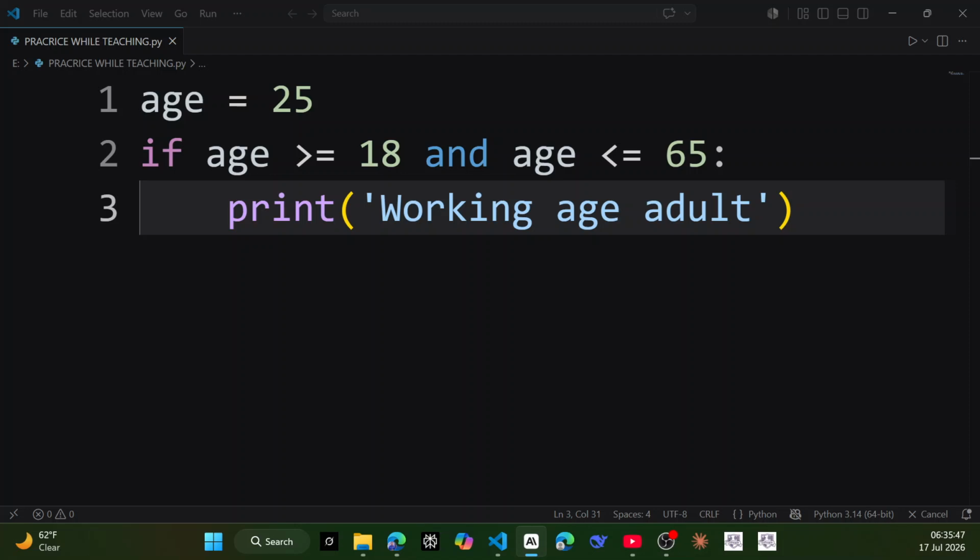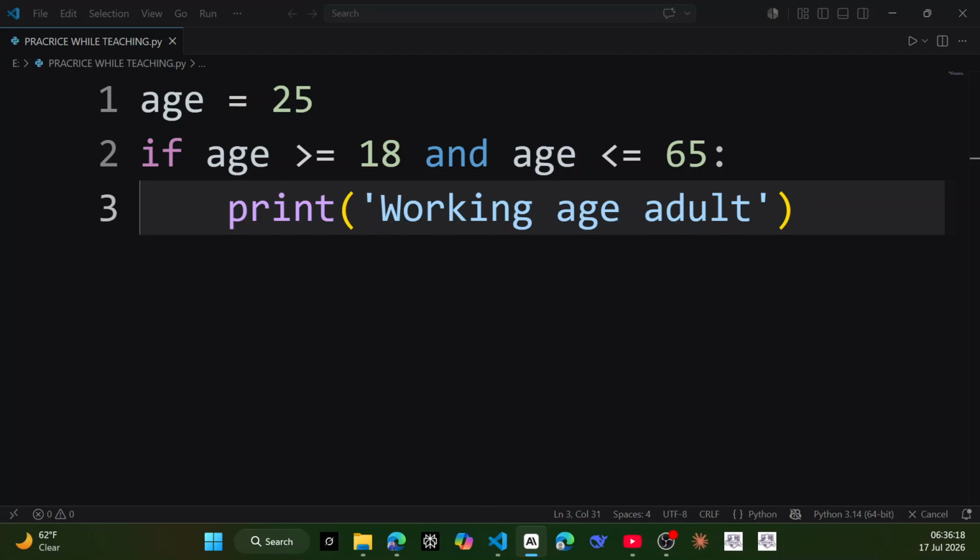Python is quietly doing the exact same two checks underneath: the age being greater than or equal to 18, and then the age being less than or equal to 65. It is just letting you write it in a clean line instead of stitching two conditions together with and. So same results, the same logic, and a